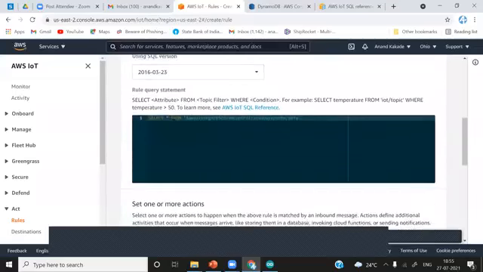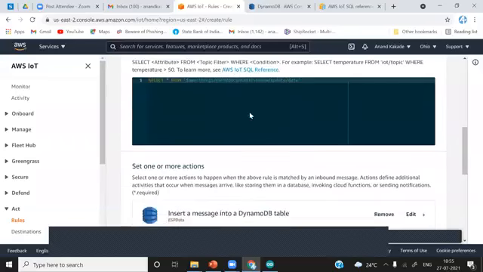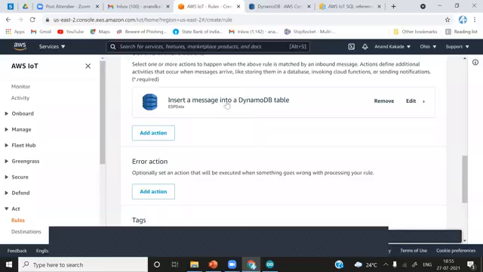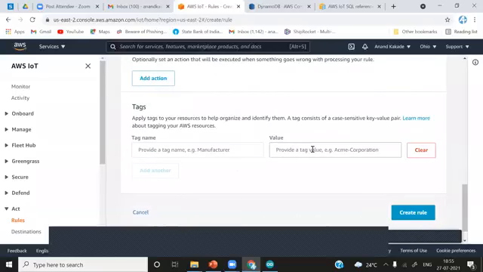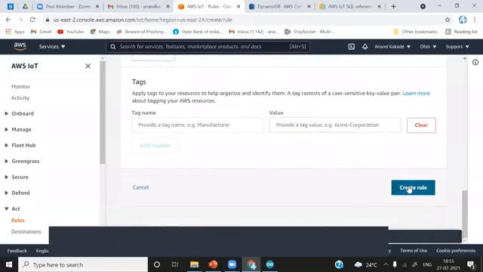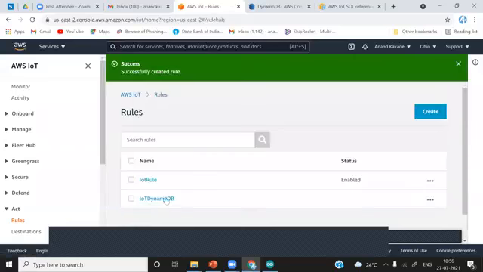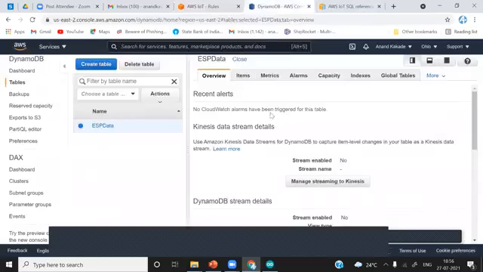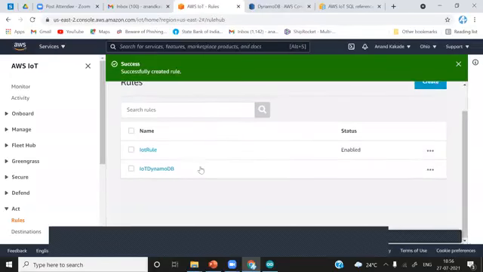We change the topic to our topic to which we are publishing data. We have added this database, and then we will create this rule. Now you can see we have created this rule. Now I'll go here, and then we will just test this rule.